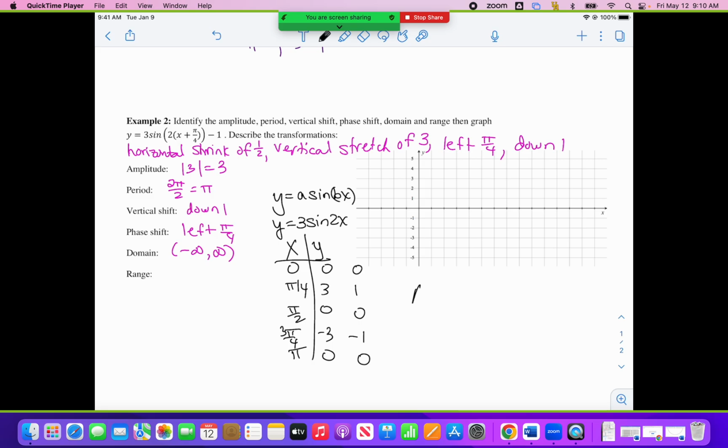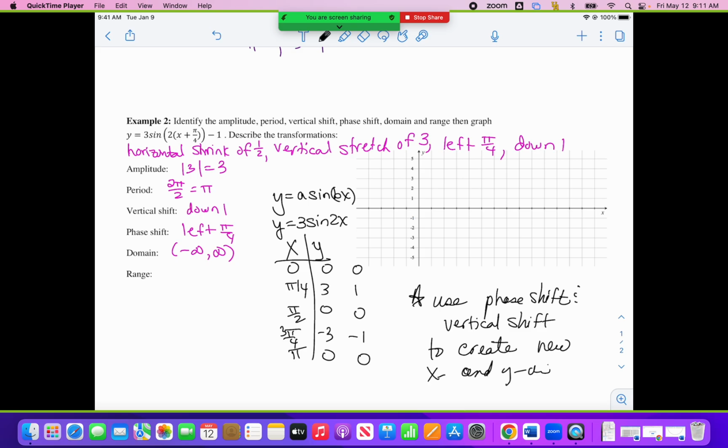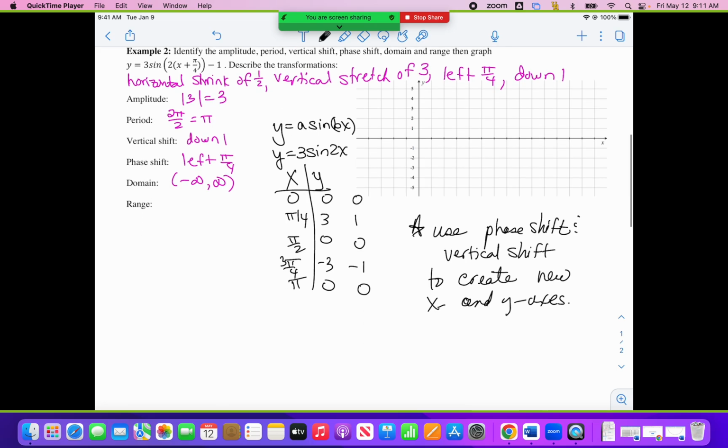Then here's what you do. You use the phase shift and vertical shift to create new x and y axes. So in case you sort of missed it last time,